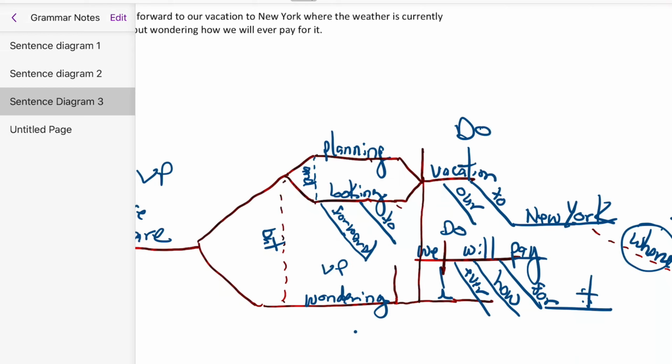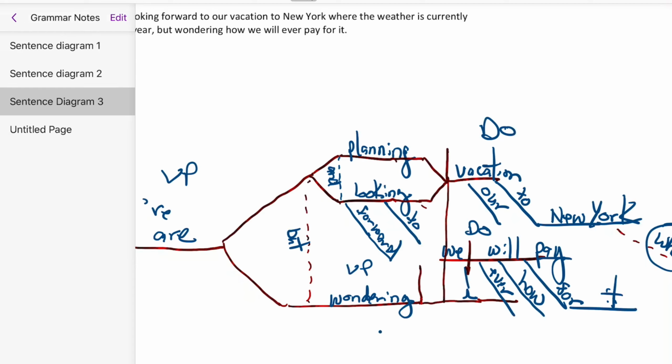And we have the word how. Now, I know we talked about how being an expletive, and that's certainly one way to do it. In this particular case, I'm going to treat it as an adverb underneath the verb will pay. How will it pay? Well, the actual word how can be treated as an adverb. But if you have it as an expletive, I will give you credit. Okay, so there's nothing wrong with labeling it as an expletive. We have the personal pronoun we with the verb phrase will pay. This is a simple future. We have ever as an adverb, and we have the prepositional phrase for it functioning as an adverb. It's a prepositional phrase. For is our preposition. It is our object pronoun functioning as the object of the preposition.